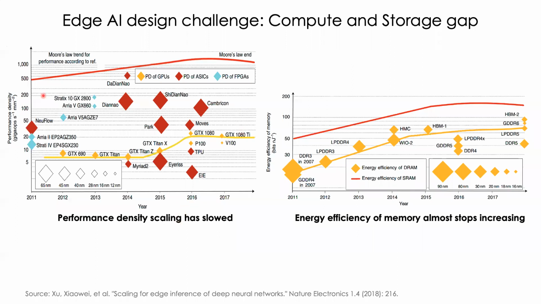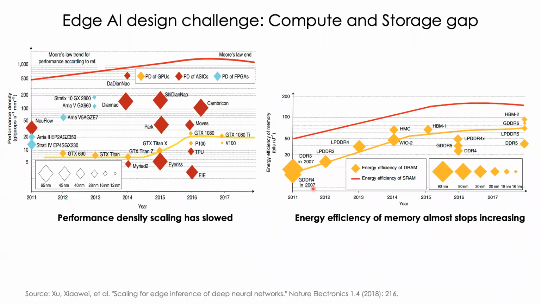On the left-hand side, what you see here is the performance density of our chips, of semiconductors, which has really stopped growing. It has stopped scaling. This curve is up to 2017 with a 12 nanometer process. We have had some success since, having moved to 10 nanometer and 5 nanometer, so that has been some significant growth. There has been talk of a 3 nanometer process, which hasn't been realized yet. However, we are already hitting the limits of what we can do in terms of performance density.